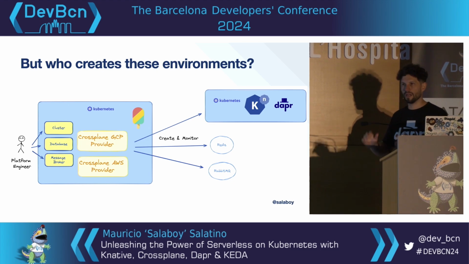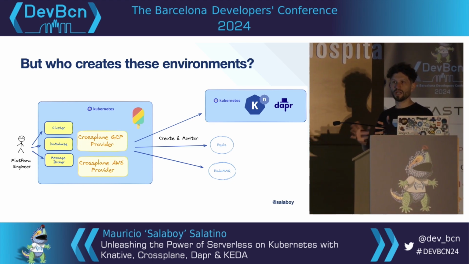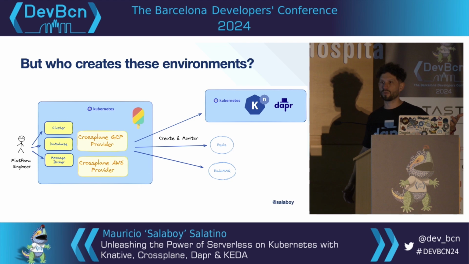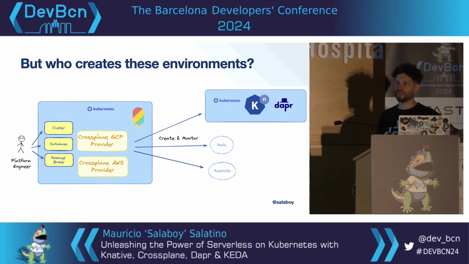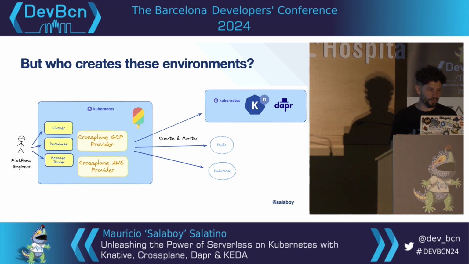So it's a little bit different model, and it also opens the door for more multi-cloud or cross-cloud kind of scenarios where you can have multiple providers. It's not that you will only have your Google Cloud provider. You can have Google Cloud, AWS, Azure, and then send resources and create stuff across different accounts, which is kind of interesting.